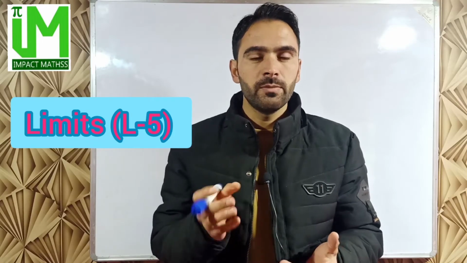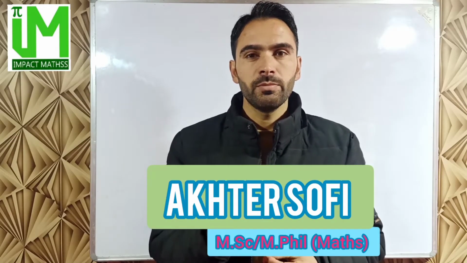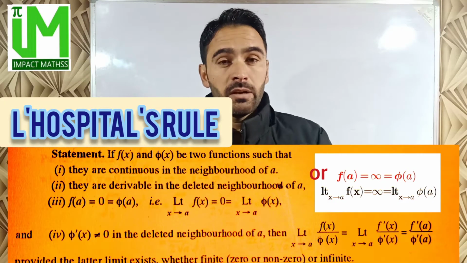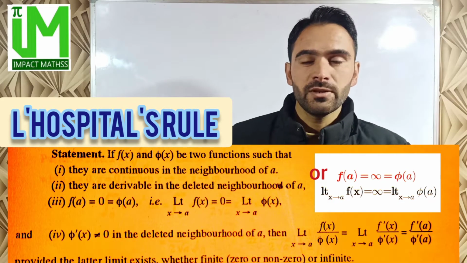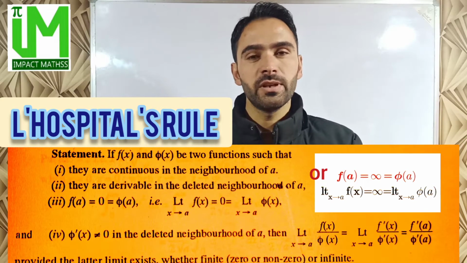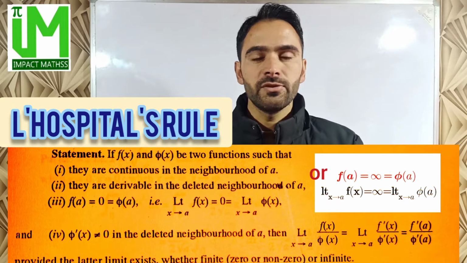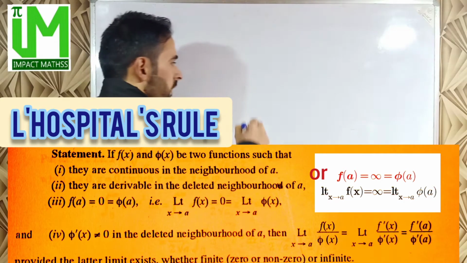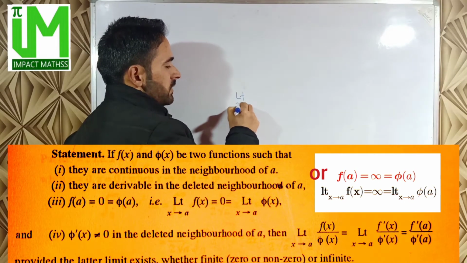In this video, we'll be going through indeterminate forms of the type infinity by infinity, while previously we had already gone through indeterminate forms of the type 0 by 0, which were solvable by L'Hopital's rule. Now, if limit x tends to a of f(x) over g(x) is an indeterminate form of the type infinity over infinity such that f(x) and g(x) are both differentiable, then by L'Hopital's rule,